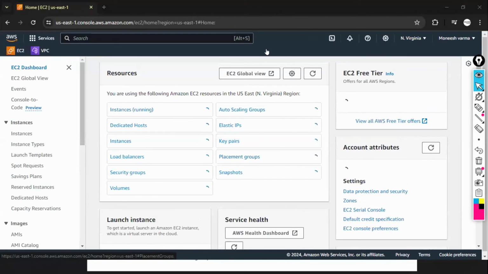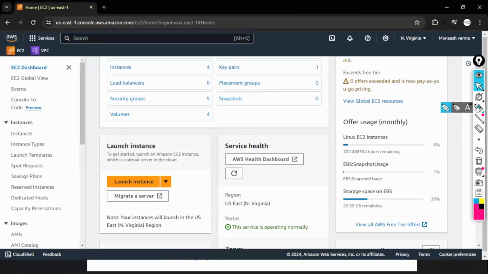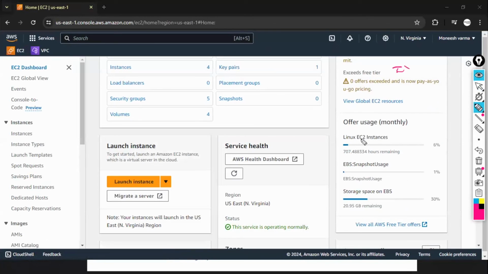In a day, no, but overall it is 750 hours. You can see this month, in July, total 750 hours. Till now I utilized around 43 hours. 707 hours remaining. 6% used.